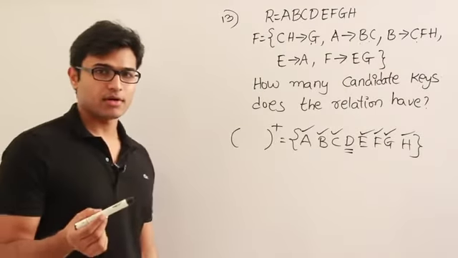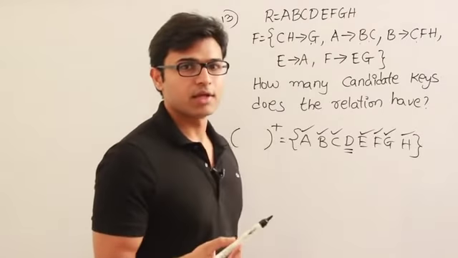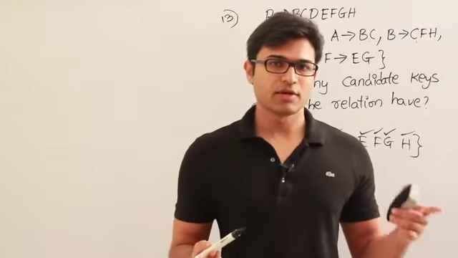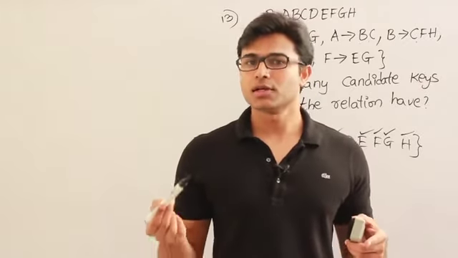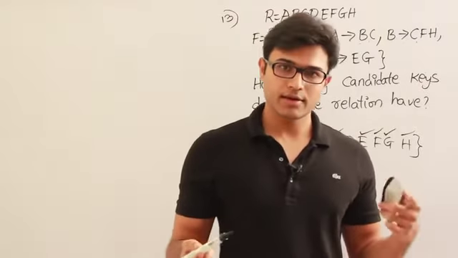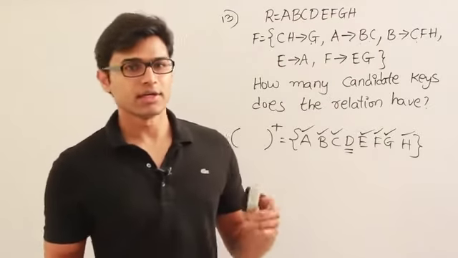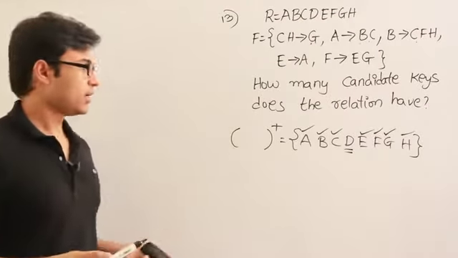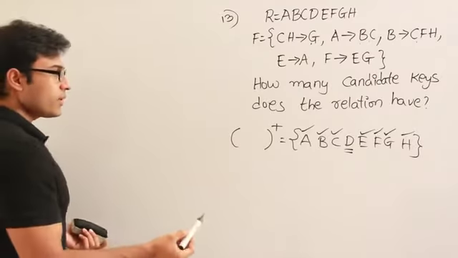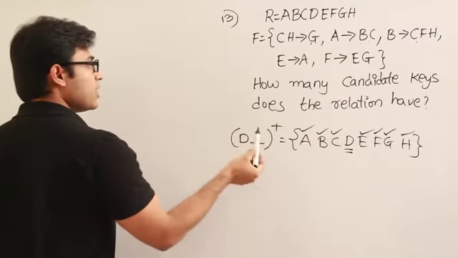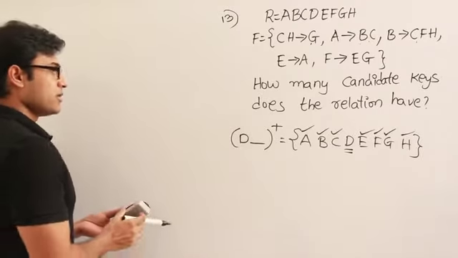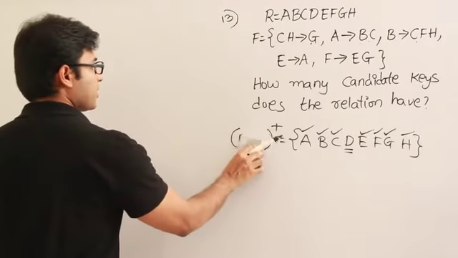Therefore, whatever candidate key you choose, if you take the closure of it, you will never be able to get D unless it is present as a part of the candidate key. Therefore, all the candidate keys should definitely include D as a part of them, right? So every candidate key should definitely contain D. Along with that, it may or may not contain anything, right? That depends on what D plus is, right?